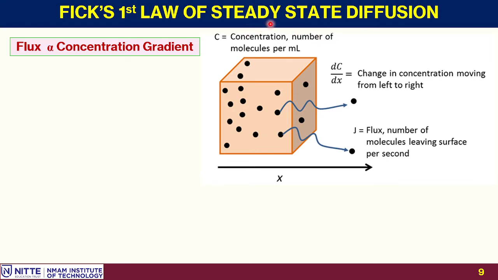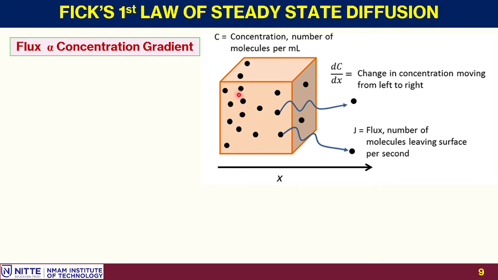Now let us consider the case of diffusion. The principle that is applicable here is Fick's law, Fick's first law to be precise, and it is for steady state condition. Under this condition, let us consider a quantity wherein the concentration of a given molecule is large at one end and very less on the other end. Because of the gradient in concentration, the molecules move from one end to the other end. Let us consider a cross-sectional area through which this movement takes place.